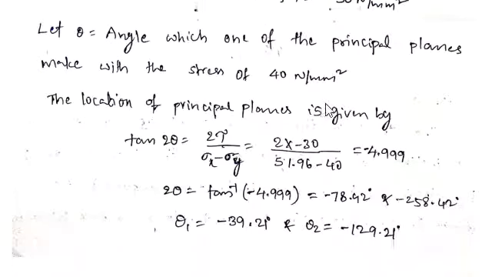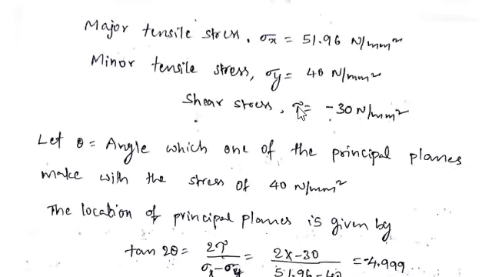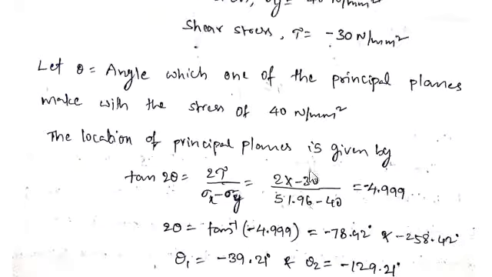And so when you want the location of principal stress, the condition is given by this formula: tan 2 theta is 2 tau by sigma x minus sigma y. This we have discussed in our derivation of case 4 on principal stresses and strains, so you can refer to that previous video. So this is the condition to locate the principal planes: 2 tau by sigma x minus sigma y. So 2 into the tau value here, which is minus 30. So when you substitute minus 30, and 51.96 as sigma x, and 40 as sigma y,